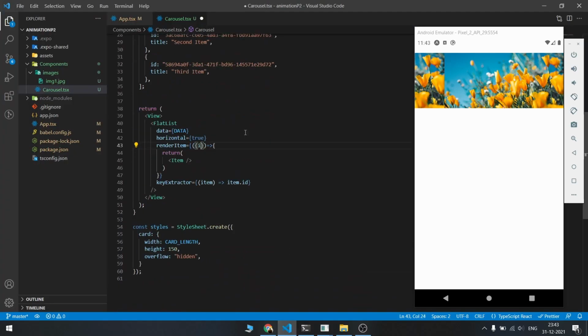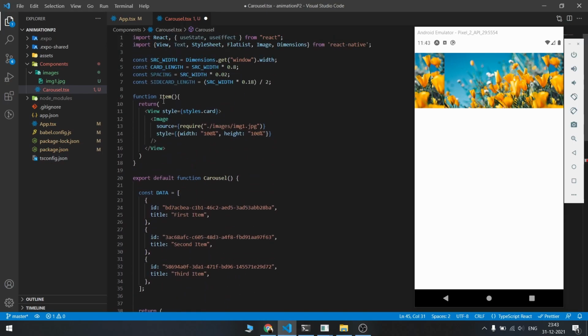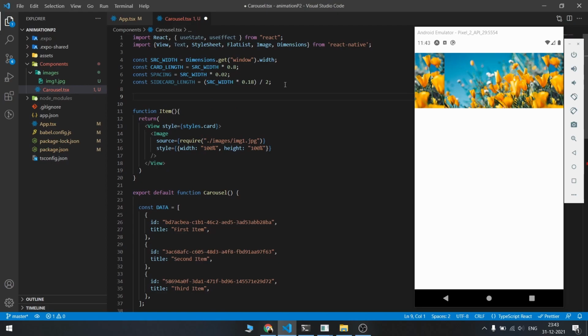It gives us two things, that is item and the index, right? So we need the index here. We'll pass this as a prop. So if I do this, to receive it here, I have to make an interface. It will go like this, and let's call it ItemProps.